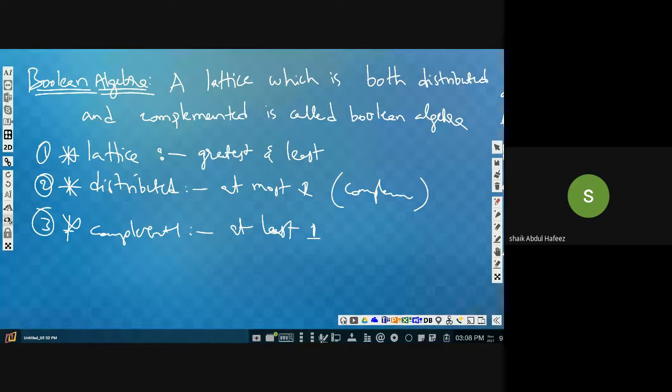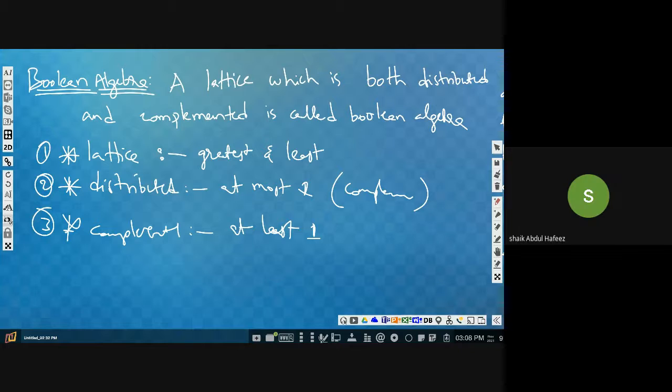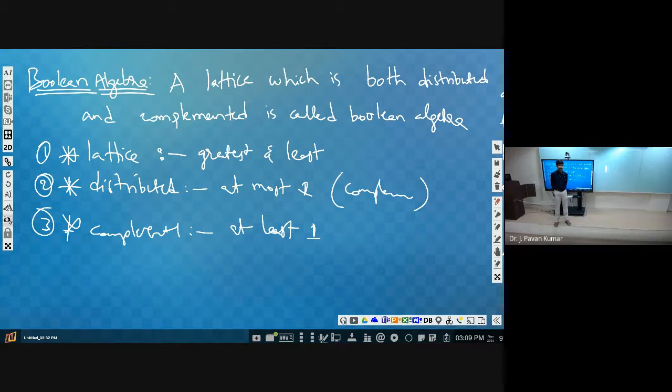First, we will draw a Hasse diagram for that. Very good. First step is we will draw a Hasse diagram. Then we will check whether it is a lattice or not. Then we will check that every element has only one complement. Then we will say that it is a Boolean algebra. First of all, we will be drawing the Hasse diagram. That is the first step. Second step is whether it is a lattice or not.